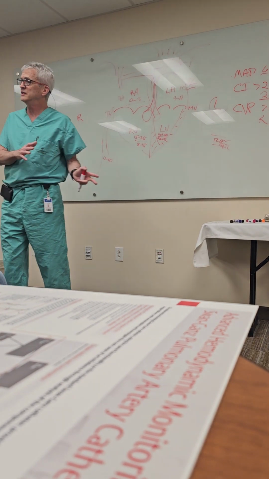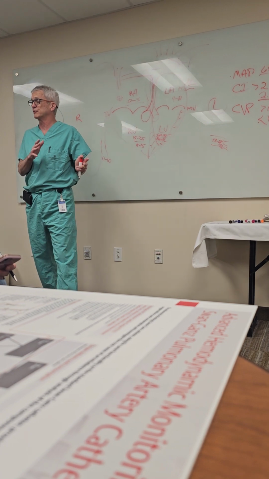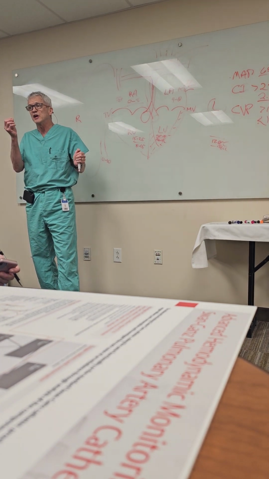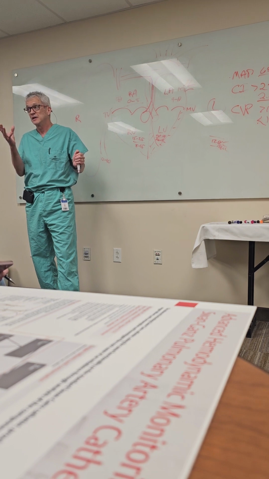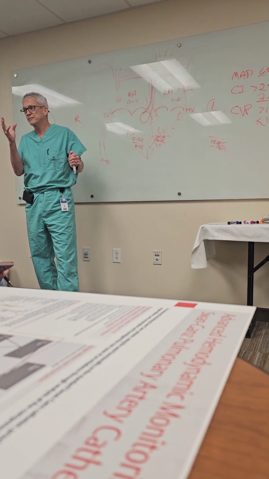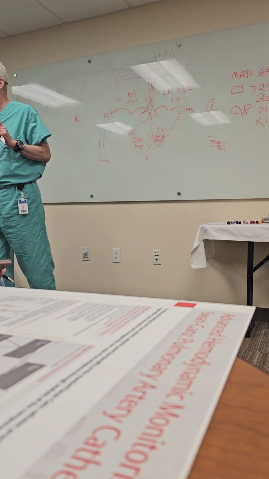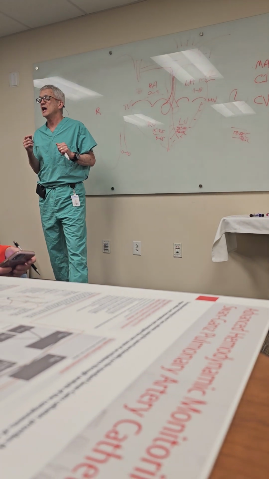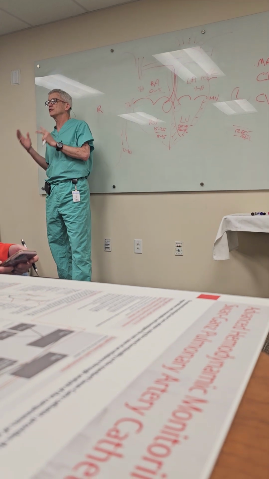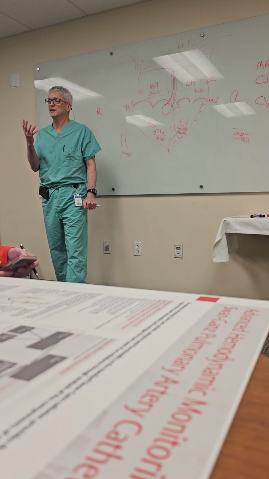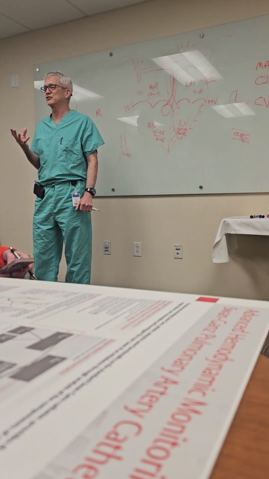So dopamine at 0 to 3 mics per kilo per minute is a little bit of a vasodilator, a little bit of an inotrope, but it's also a chronotrope, makes heart rate go up. Dopamine in higher doses, it's a chronotrope, but then it becomes a real inotrope,